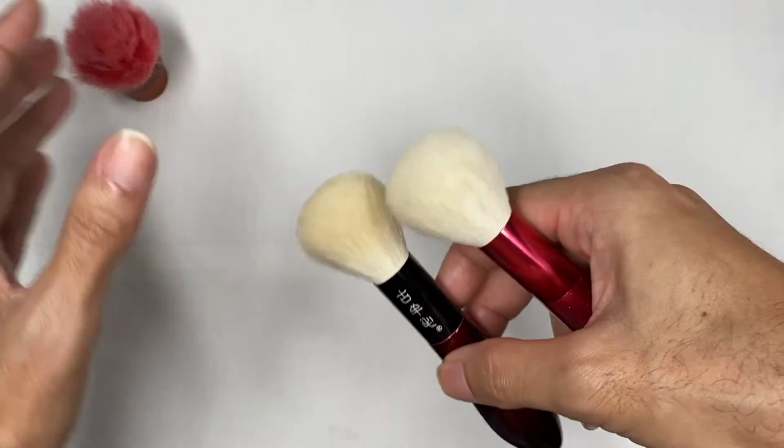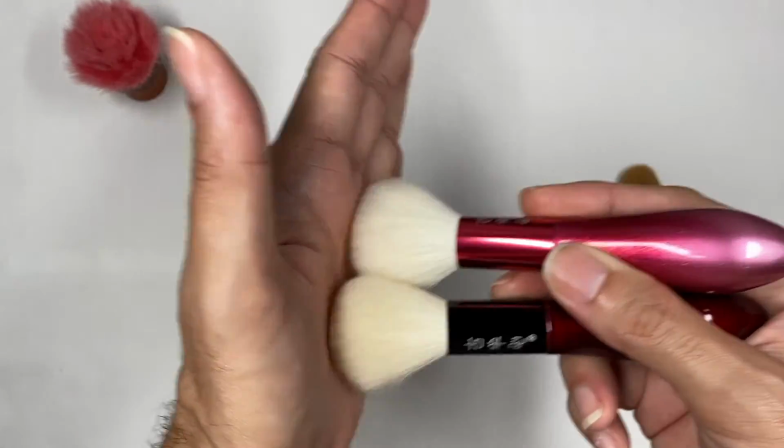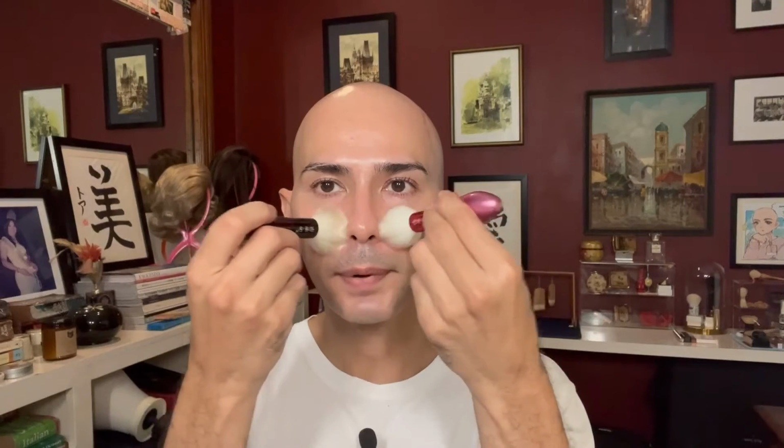But then again, now that I'm playing around with these brushes, feeling it on my hand and rubbing both brushes on my face, they feel very, very soft. They also feel quite strong, so I believe that they might have a very nice buffing ability. And now that I'm dancing the brush heads on my skin, I don't feel any prickling sensation at all. And also, doing this tapping motion, I can say that this has more strength in its core,